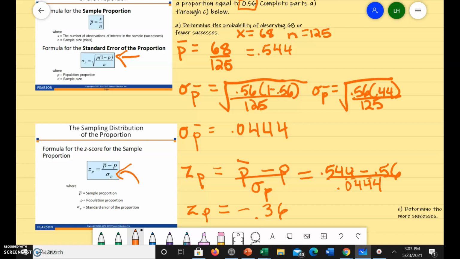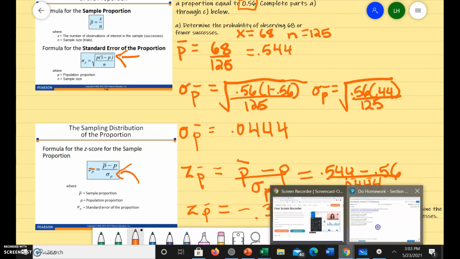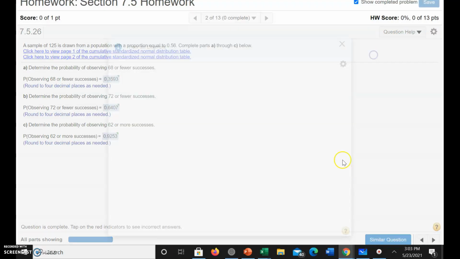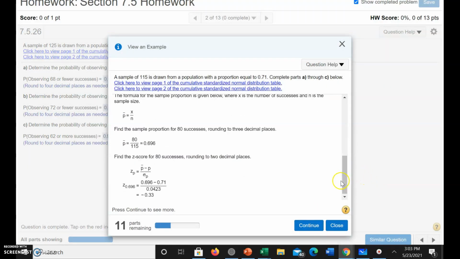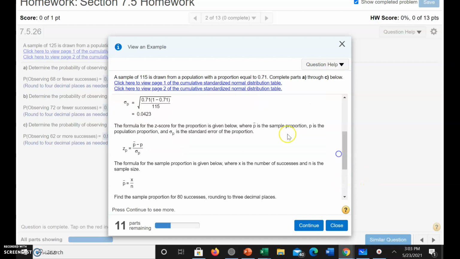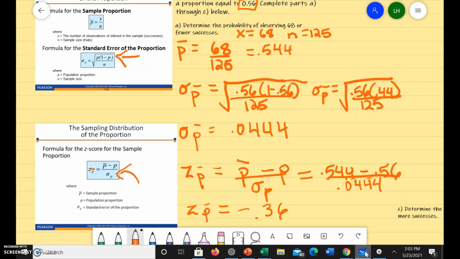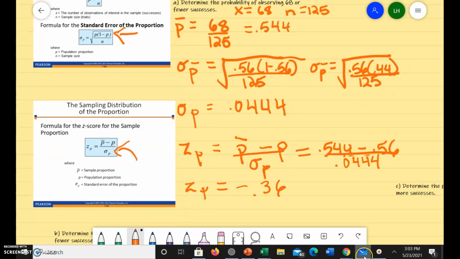0.36. And I really think that this is a mistake in this formula. I really think there's supposed to be a line above the P for the sample proportion to show that it is the z-score for the sample proportion. Okay, maybe not. It's just the z-score for the proportion, so you don't have to have that line above it. Not that that's a big deal, but for me it is. Okay, so negative 0.36,